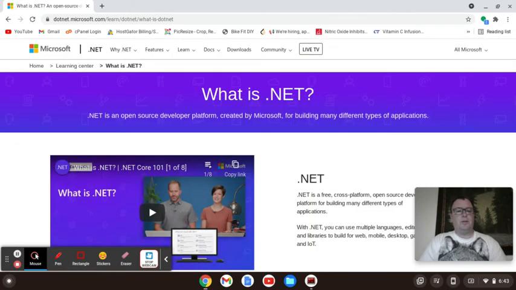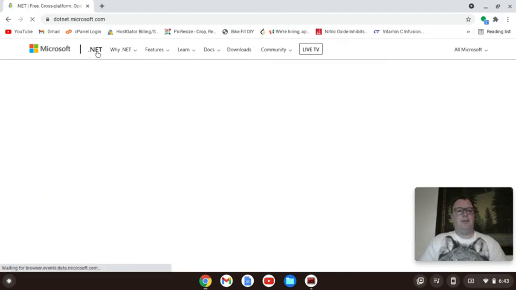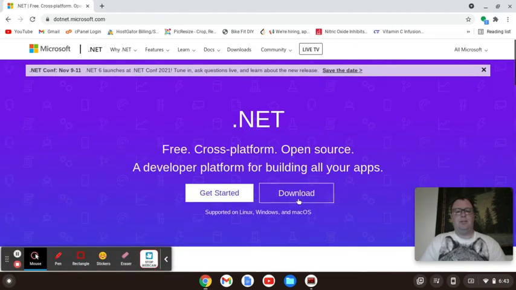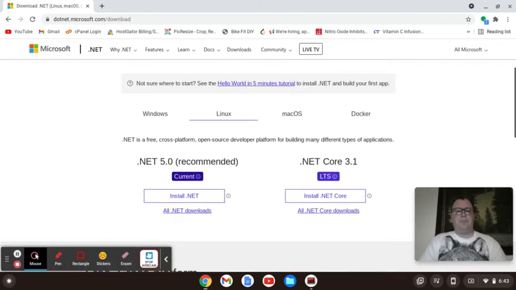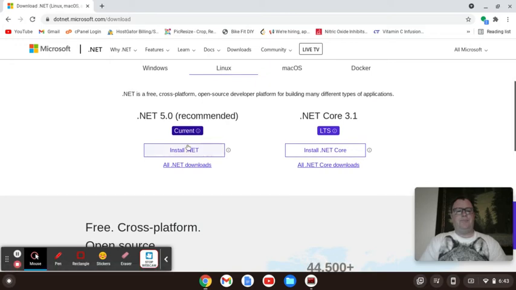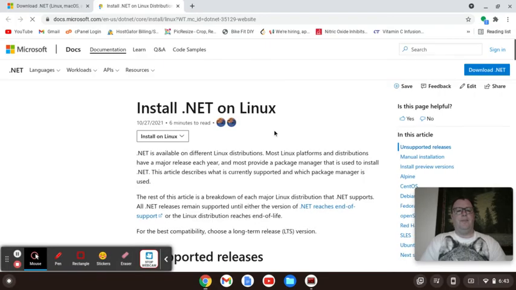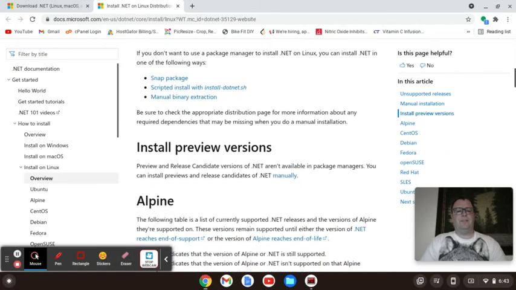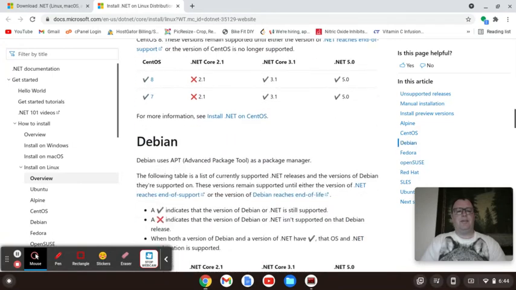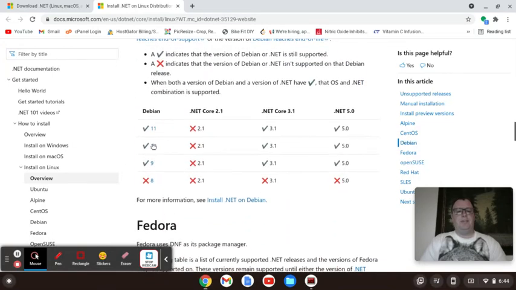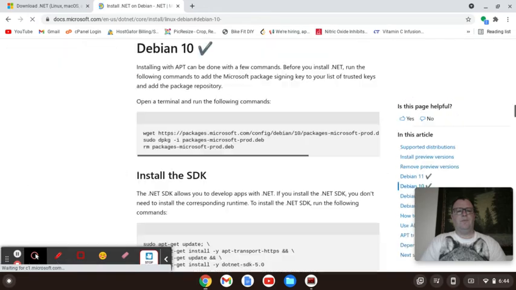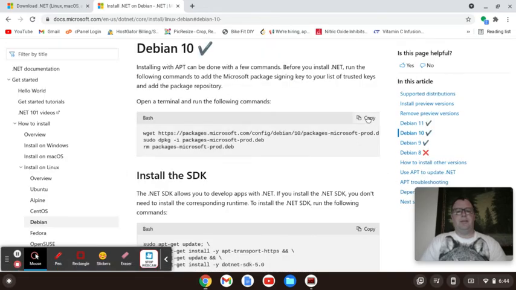I'm using a Chromebook. I usually click here, and then you can go to download. And for the Chromebook, I'm running Debian Linux on that. You would install this, and it's sensing that I'm using Linux. If you're using Alpine, do that. CentOS, use that. I'm using Debian 10. So basically, I'm going to put this into the command line and hit enter. And then I'm going to copy and put this into the command line and hit enter, let it run, and